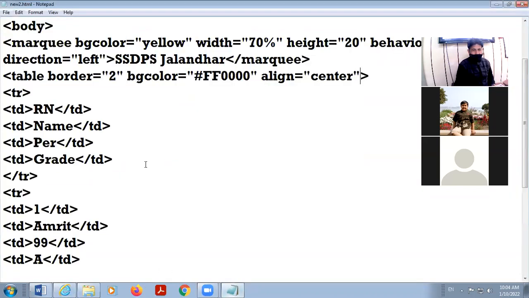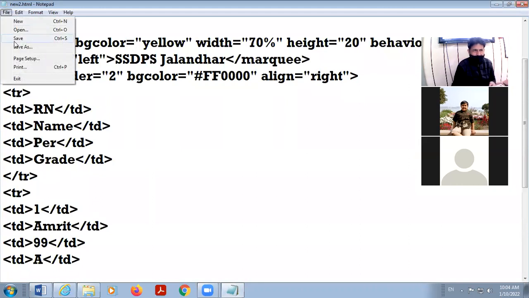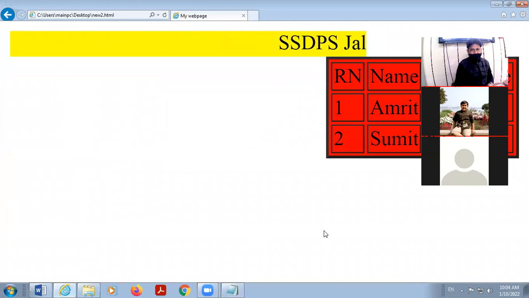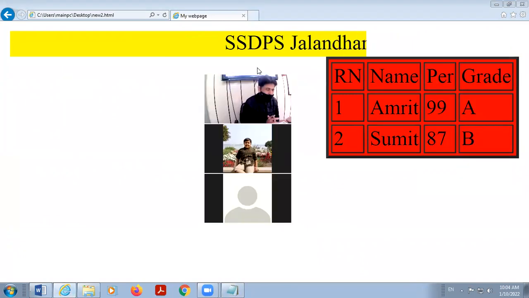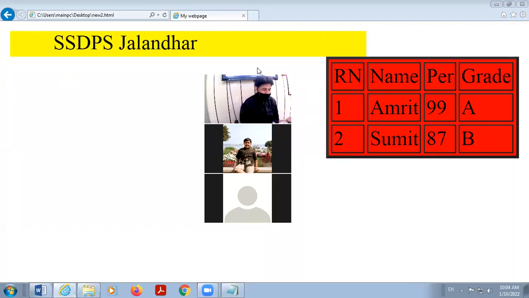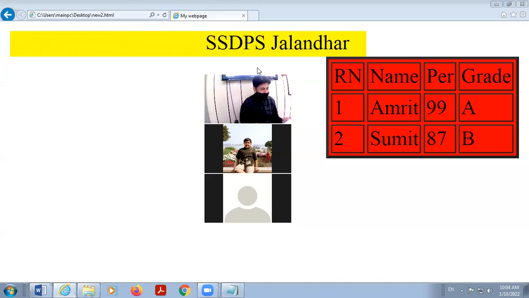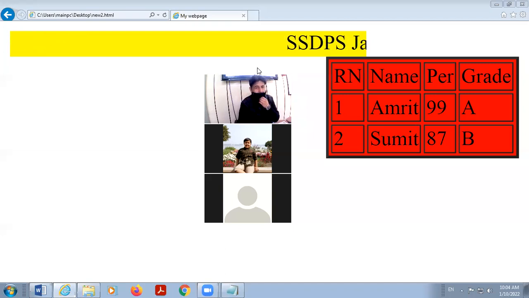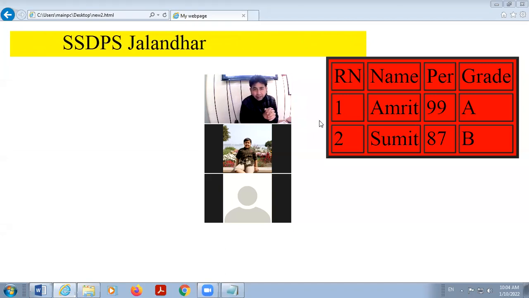Or align equal to right. By default, it is left. So this is your align attribute of table tag. Now, if you have any doubt, discuss with me. Otherwise, if you want, tomorrow I will continue with the table. Okay. So students,